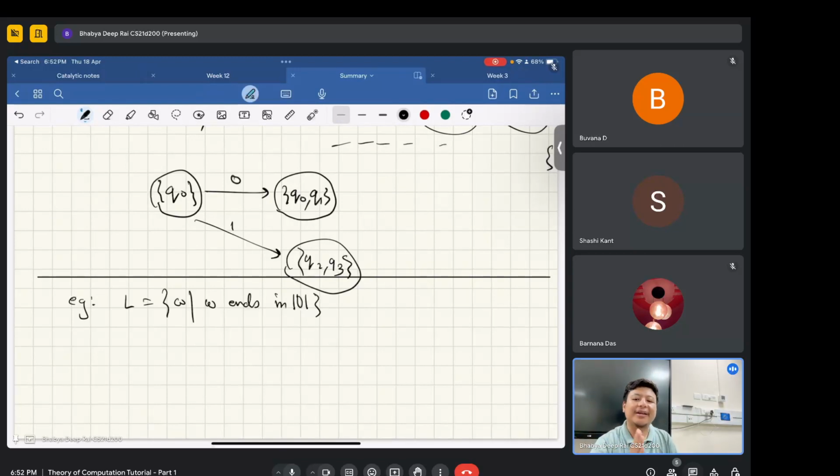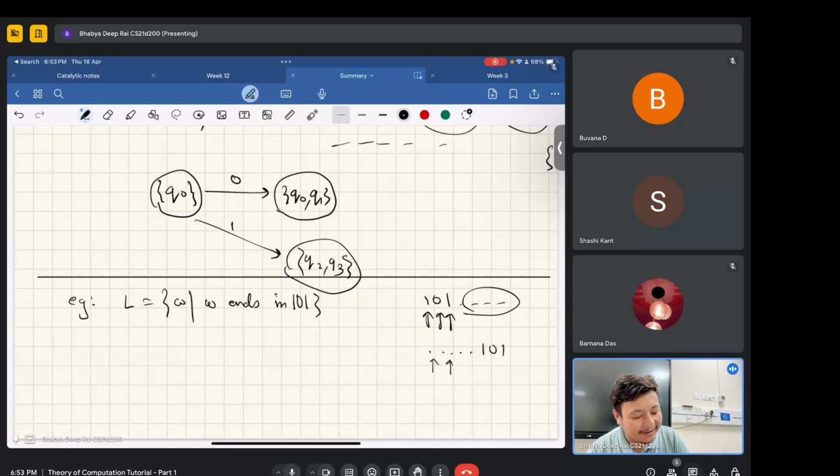We saw how to do "begins with 101." But what is the problem here? Begins with 101 was simple: 101 followed by something. So I have a state for 1, a state for 0, a state for 1 again, and then I just accept trivially on 0 or 1. But for "something 101," if I do the same logic,